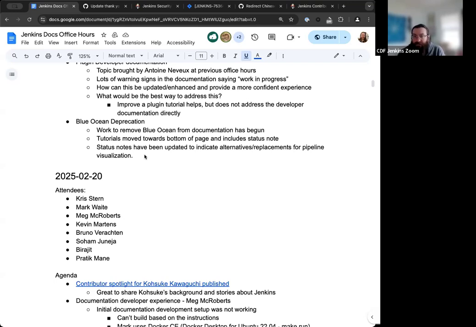Things like the pipeline graph view and pipeline stage view were already existing, but really got developed further as a result of FOSDEM and the 2024 Jenkins Contributor Summit. So a lot of work has been done there. They're viable options, and they replace some functionality of Blue Ocean. So it's great that we have that. We'll point users to those alternatives. And for anything that doesn't have an alternative or replacement, we'll just accept that that's not a thing and inform users so that they're aware of that.